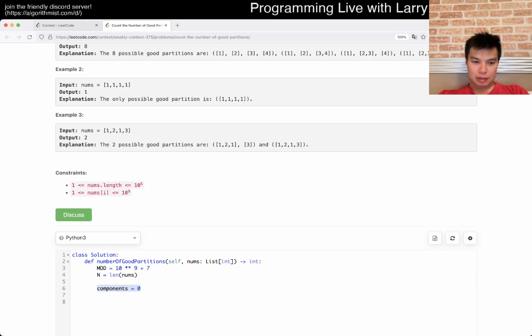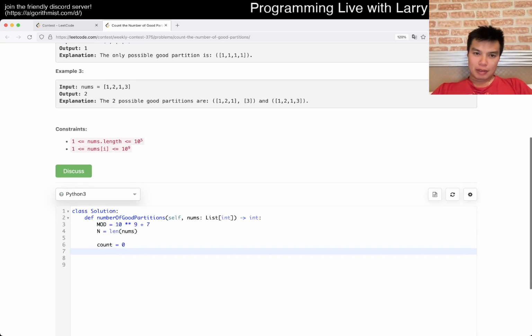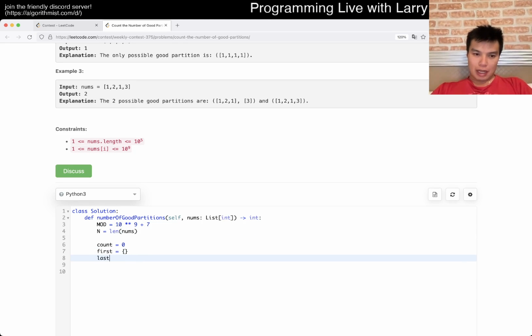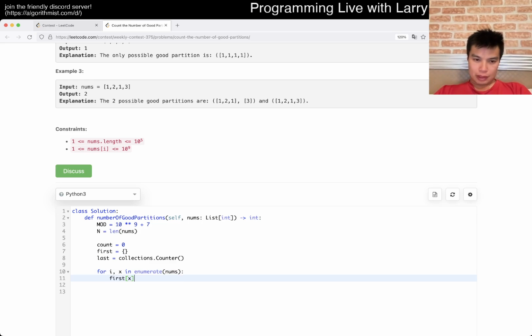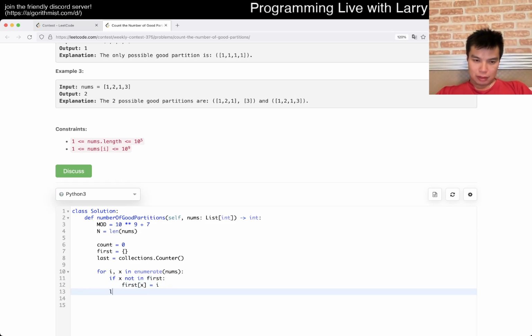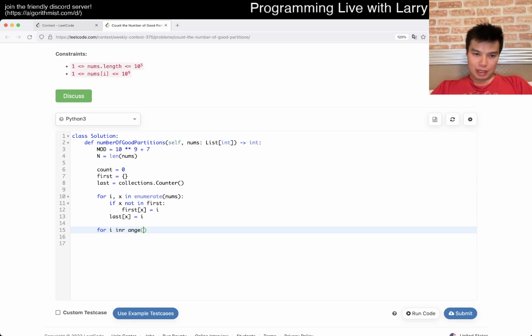Okay. Whatever, just go count. Keep it short, Larry. You can just type it, and then we have a first and last. For x in nums, first of x is equal to i if x not in first, and last of x is equal to i, right? So then now, okay, for i in range of n,